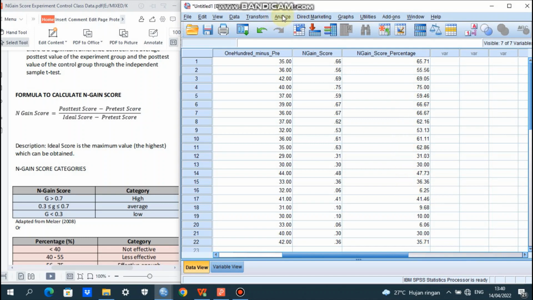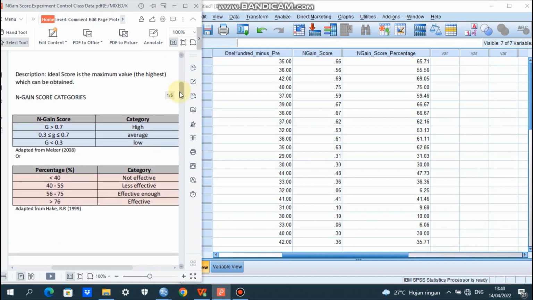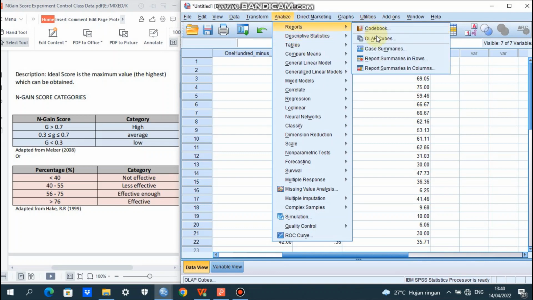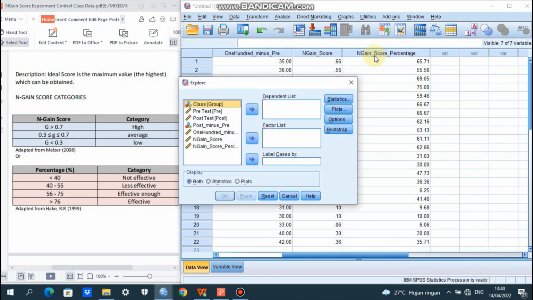we go to find the result. Here we do analyze and then descriptive statistic. After that we click explore, and then we choose N-gain score percentage on the dialog box on the left here, and we send it to dependent list.